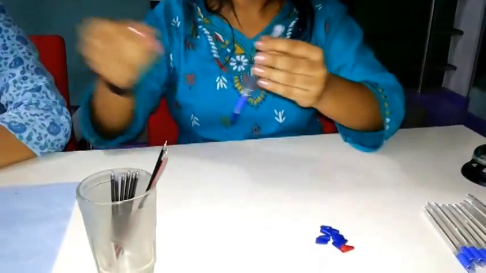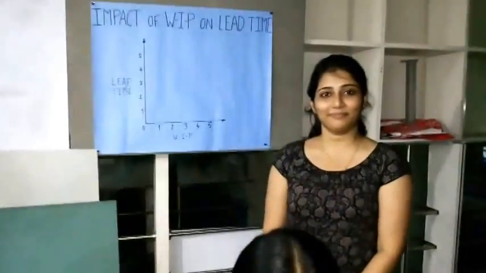I am assembling the top end of the ball pen and the refill. This takes me approximately 7 seconds, which is about 1 unit of time. I am assembling the bottom end of the ball pen and putting the cap. This also takes me 7 seconds of time, which is again 1 unit of time.